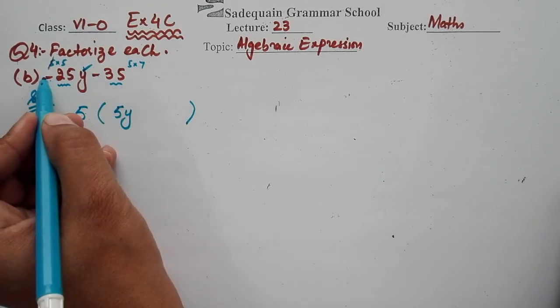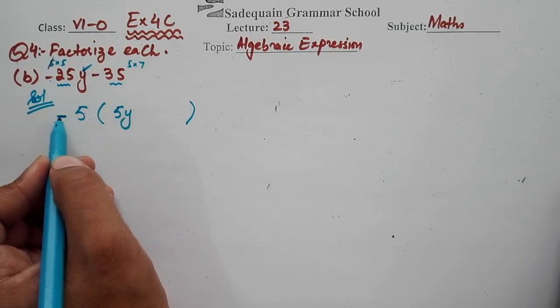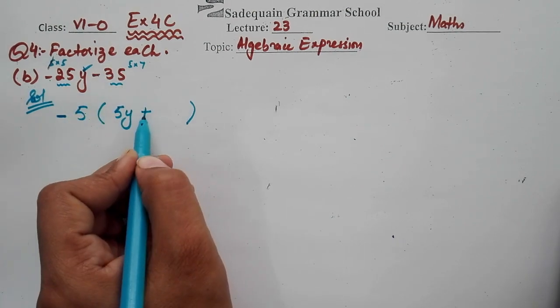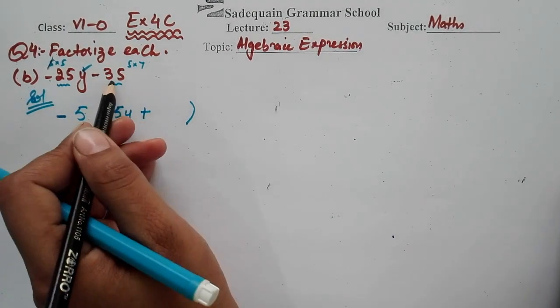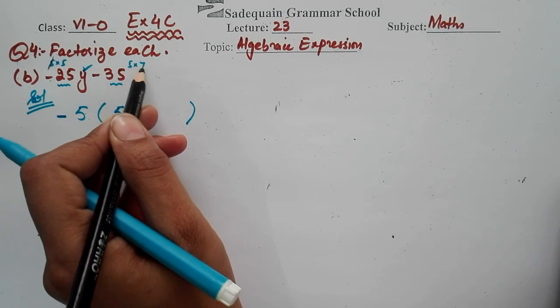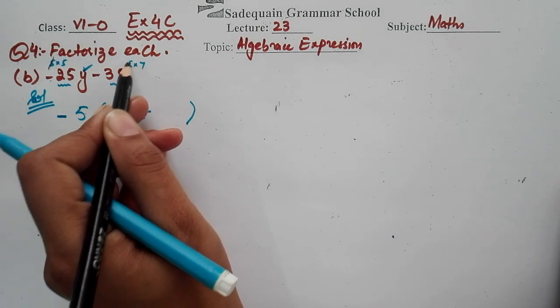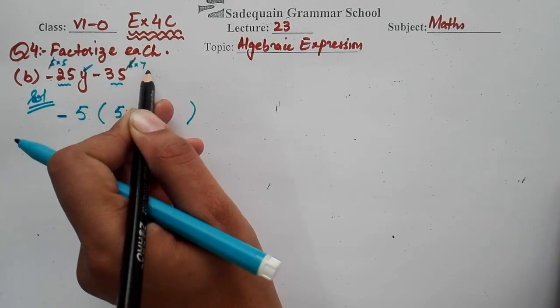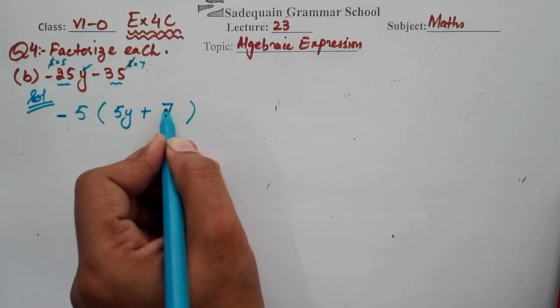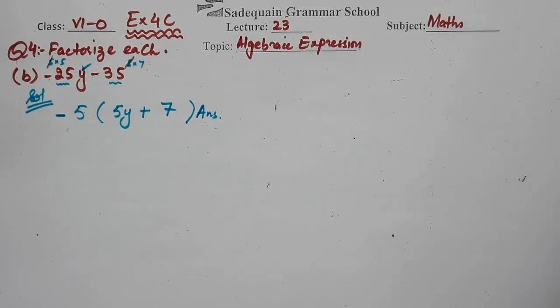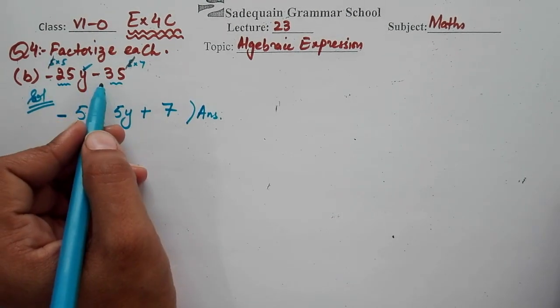Now here, as we have taken the minus sign outside the bracket as a common, it becomes a plus, and this minus also becomes a plus. Okay, now from 35 we express it as the product of 5 and 7, 5 multiplied by 7, so 5 is taken out as a common here, so what is left? 7, so we will write 7 here. So that is the answer for this part. Okay, that is how you will factorize. You will just take out the common things among the terms of the algebraic expression.